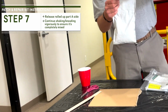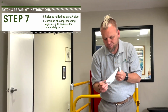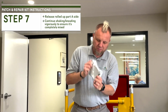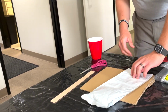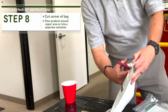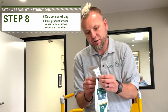Now we're going to repeat that process just to make sure we don't have any unmixed product. Again, just a matter of preference here, but we push that all into one side and we can cut this corner off. Now this is ready to be poured directly